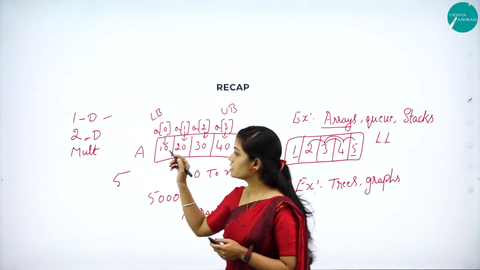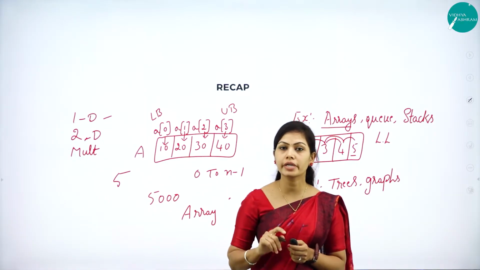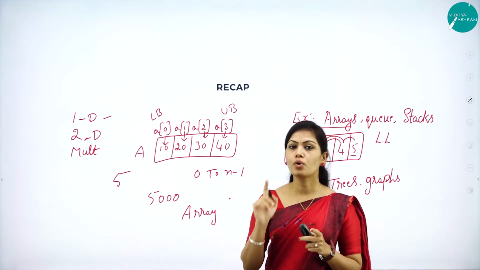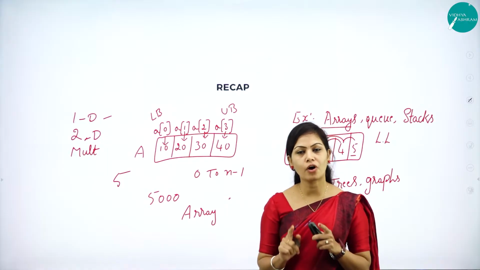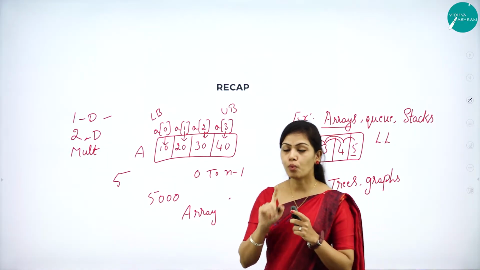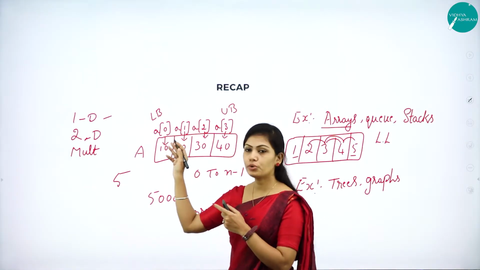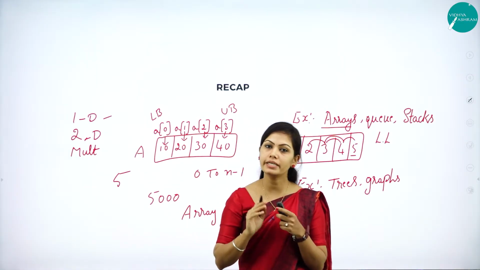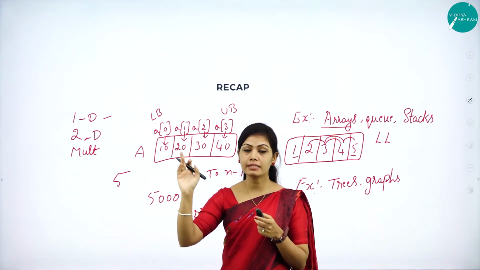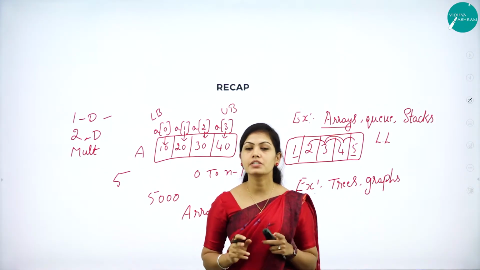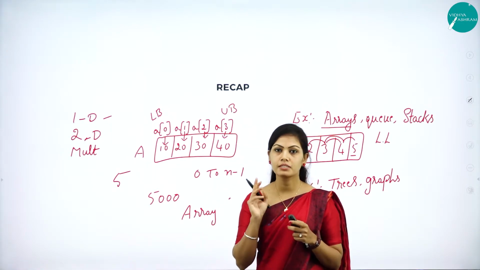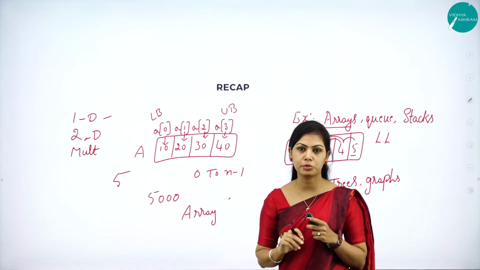And also I have discussed one-dimensional array. A one-dimensional array consists of only one subscript value. An array with one row or column is called a one-dimensional array. If an array consists of only one subscript or index value, then we can call it a one-dimensional array. And also I have discussed how to calculate the length of the array and the memory representation of a one-dimensional array.